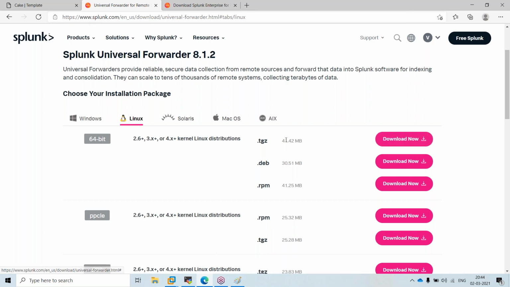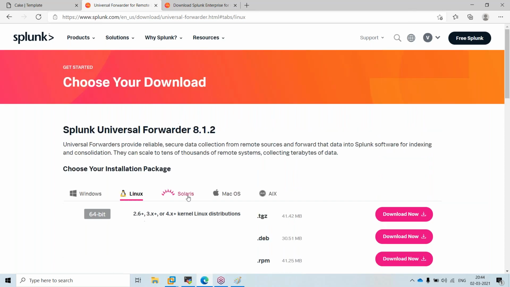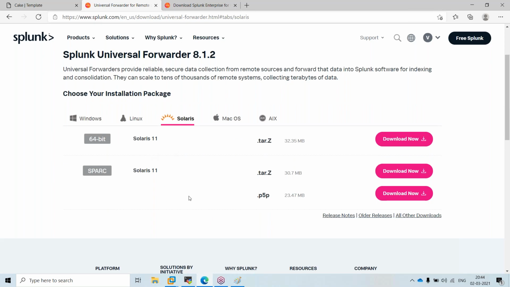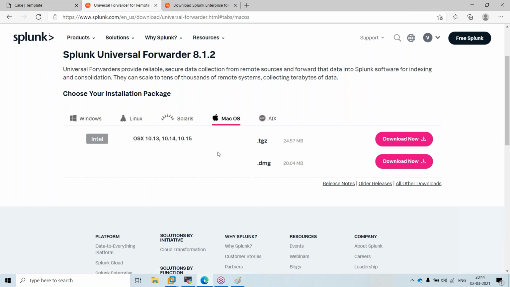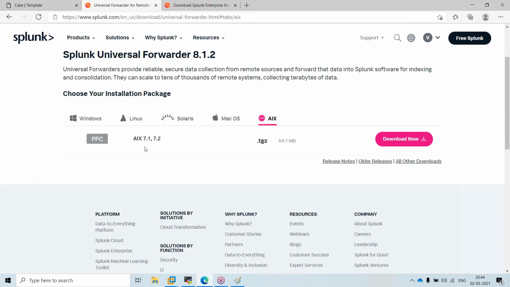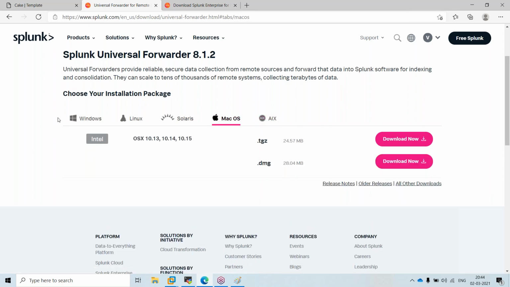For us, we will be using this one. All the kernel distributions are 2.6 plus. It supports Solaris also, both SPARC as well as the normal operating system, and Mac, AIX, and HP-UX, I think. This covers like 97 or 98% of the operating systems.